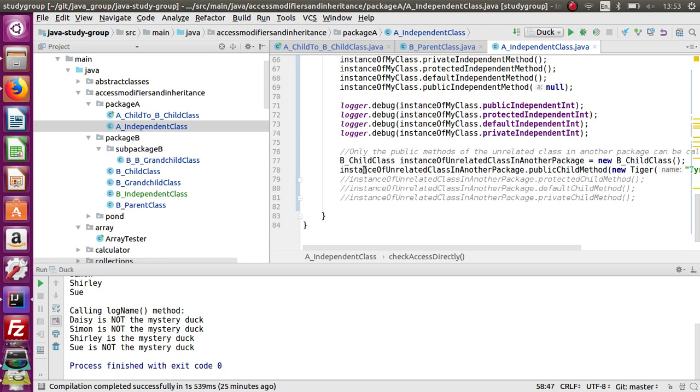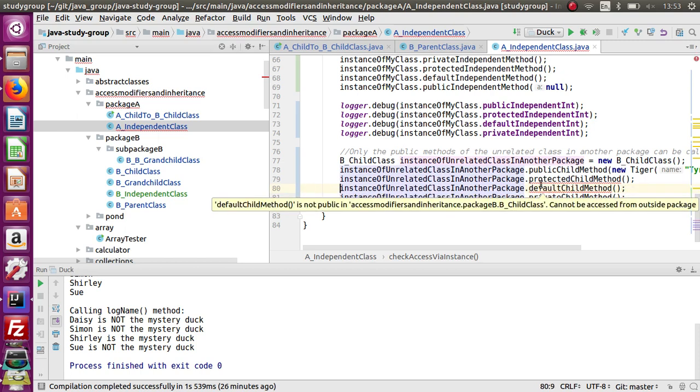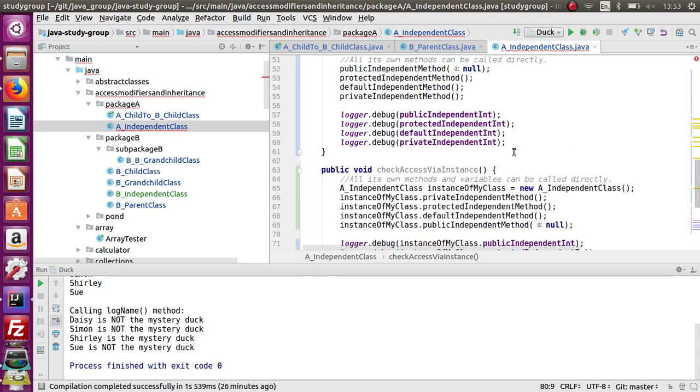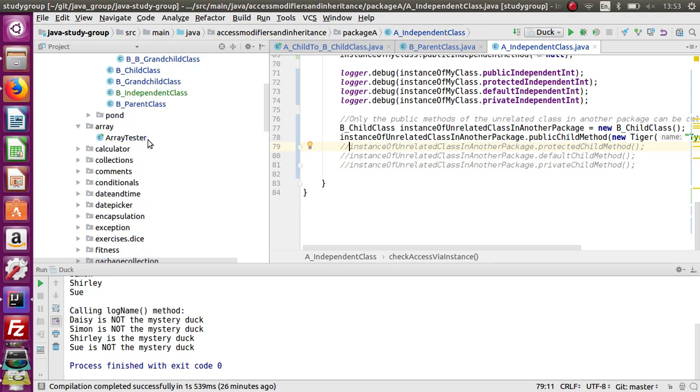But when you try to get any other class from a different package, so it's got an instance here of BeatChild class, it's only going to be able to get the private ones, because it can only access these through... Obviously it can't access private, we know that by now. But it could only access these two if it was either in the same package, well it's not, or inherited from them, and it's not. So quite understandable behaviour in that one, that it can only get that one. So there's a lot to learn there, and I would recommend just looking over that again. As I said, there's a simpler